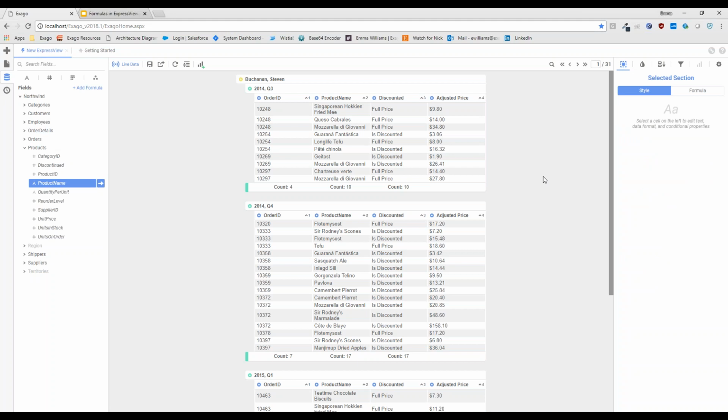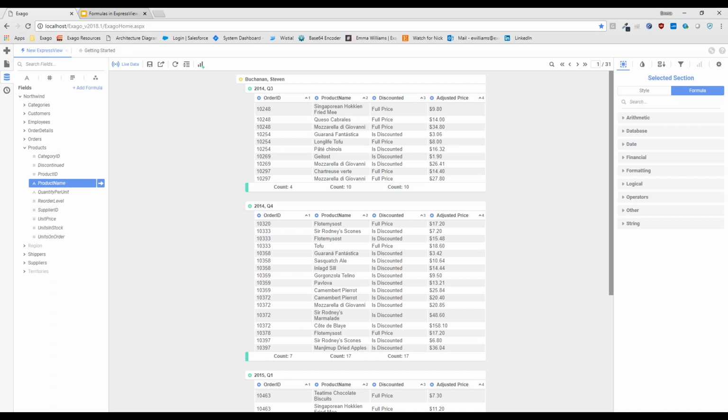Okay, so finally, we're going to do our really cool power function. If you've been following along so far, let's see if we can round it out with a full understanding of our really cool function, right? I'm going to use this product name to do so. Now, the hyperlink function is a really cool functionality in Exago. I've seen it used in a lot of different ways.